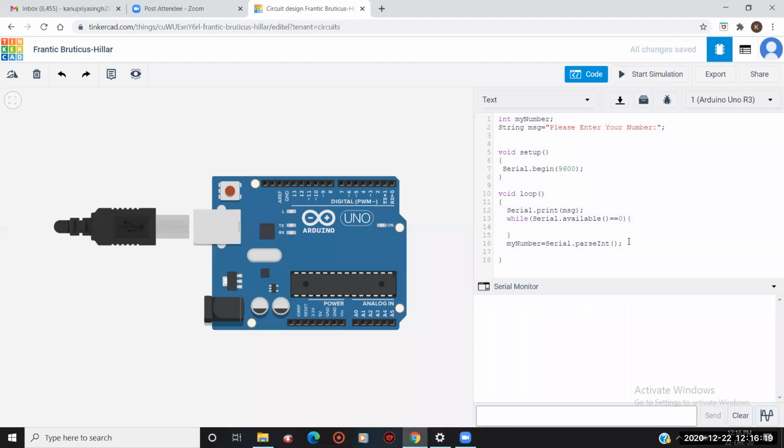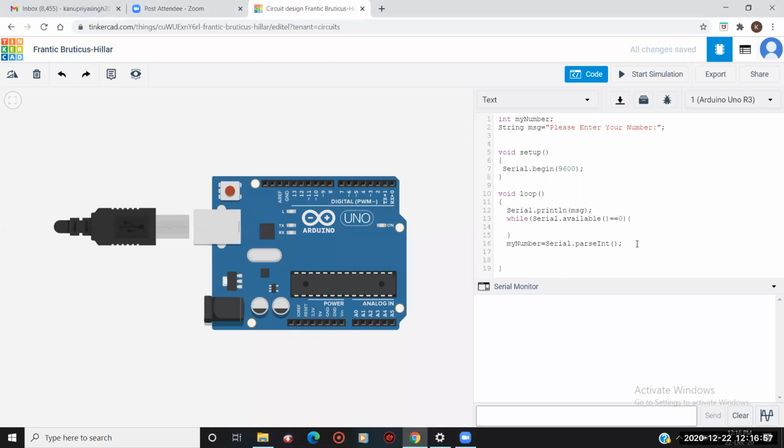So I'll add some more set of commands. Before that, I want this message, please enter your number, to give output each and every time in the next line. For that, we have a very excellent command, that is we add an ln here, which enables whatever the message is here to go into the next line. Okay. So for that, I am printing. Okay. Very good. You guys are getting me, right?